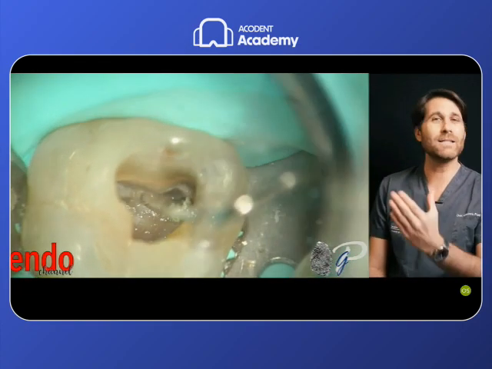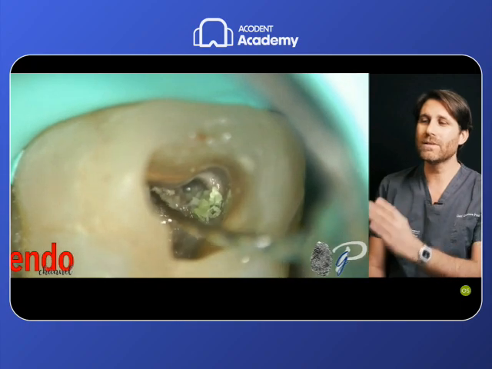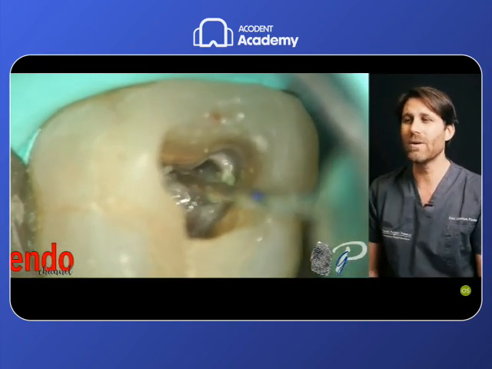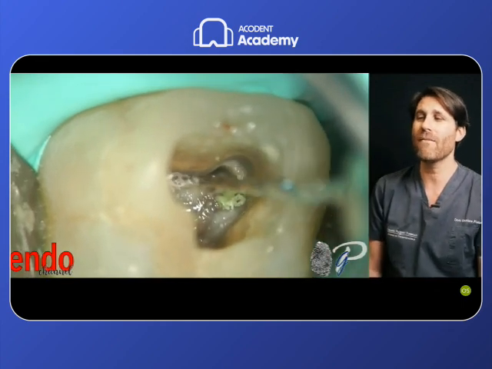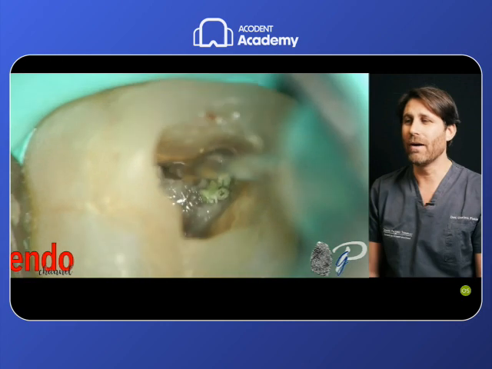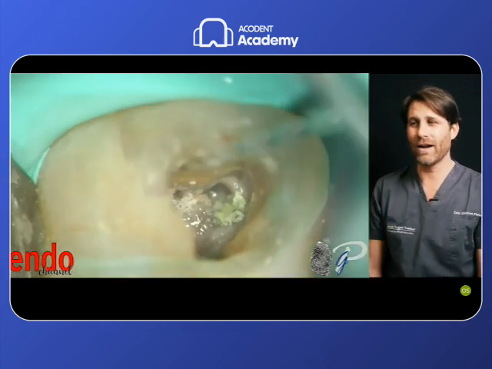The manual file doesn't work at all, so the other strategy we can use is a tip size 25 taper 8 that is a powerful instrument. In this case it was a Reciproc M-Wire that was available at the time on the market, and look how easily it can penetrate this kind of anatomy.